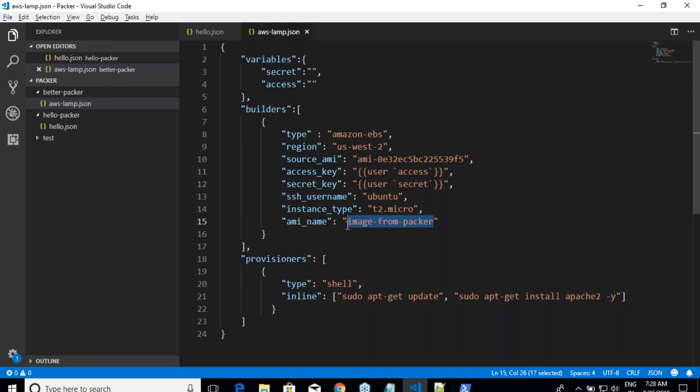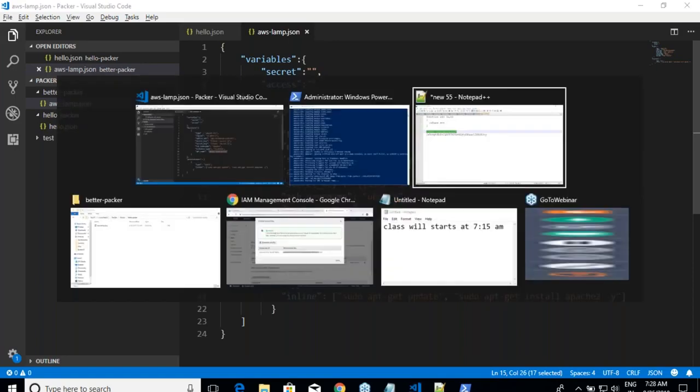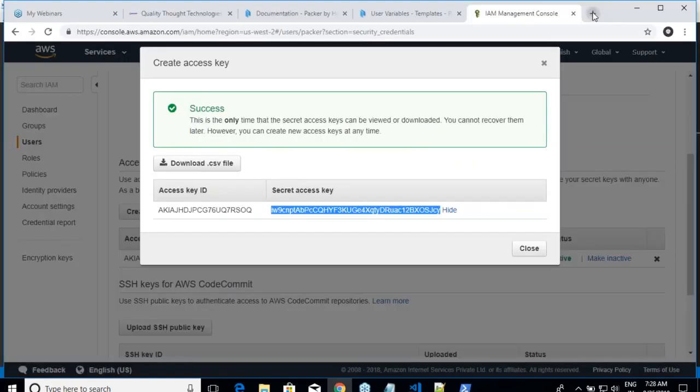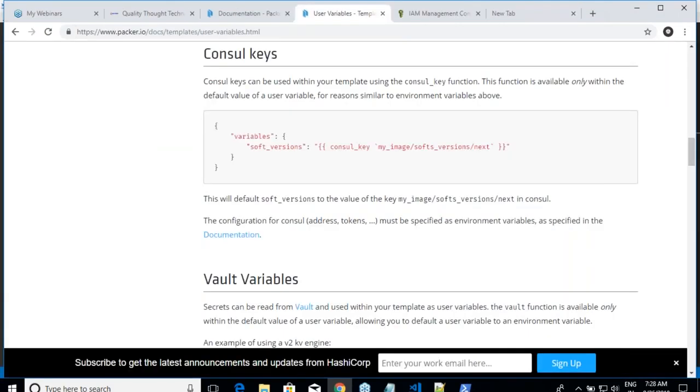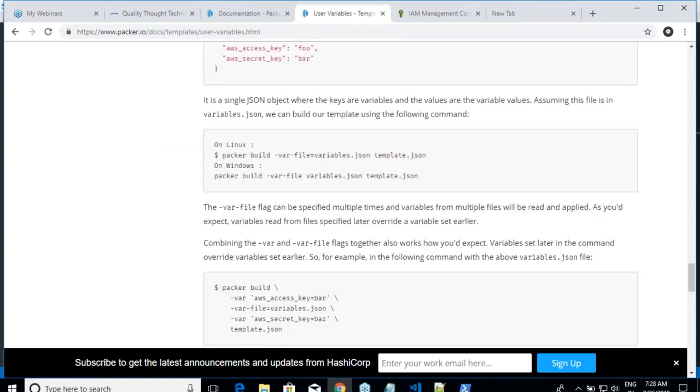Okay, let us see how do I resolve that. I can set that.